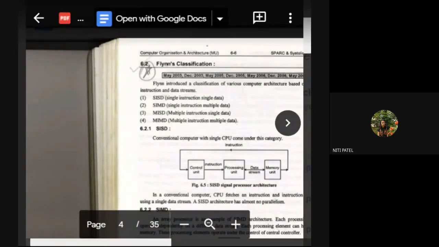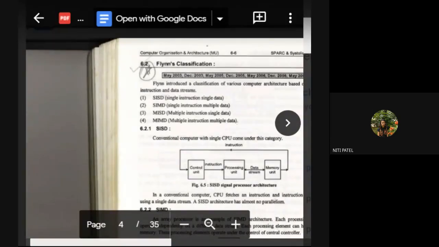Good morning, everyone. So we started the last chapter of our syllabus, multiprocessor configuration. We have completed the fifth lesson in the last week, which was I/O configuration. So we have learned about the I/O system and the I/O interfaces of the computer system. In that, we had seen three different modes of transfers which are being used by the I/O system in the computer: programmed I/O, interrupt-driven I/O, and DMA.